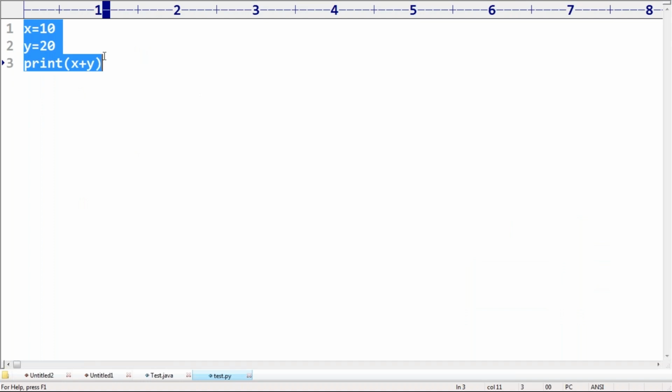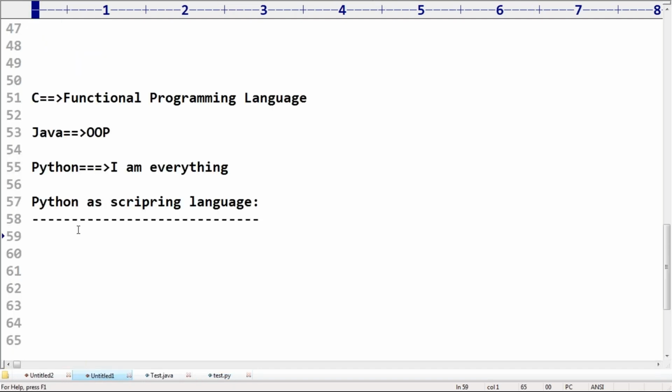No functional story, no object oriented story. Yes, clear, right? Print function itself is Python's inbuilt function. No problem at all, without that also we can do it, but I don't want to make it that complex. Don't worry.